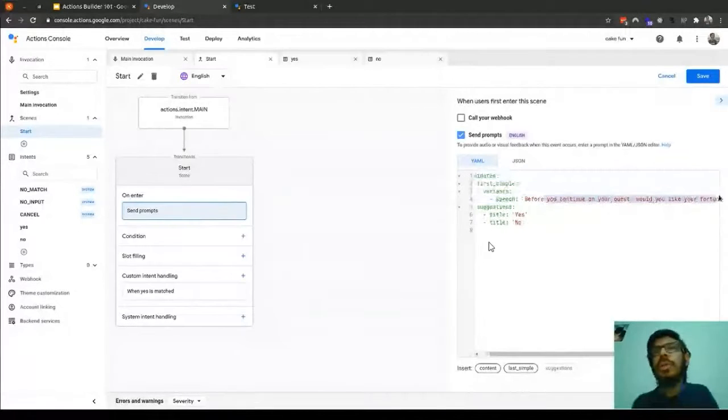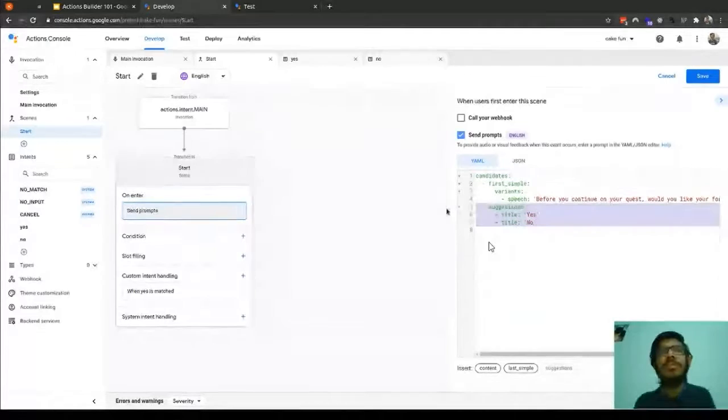Send over here before you continue, and these are the suggestion chips we sent.